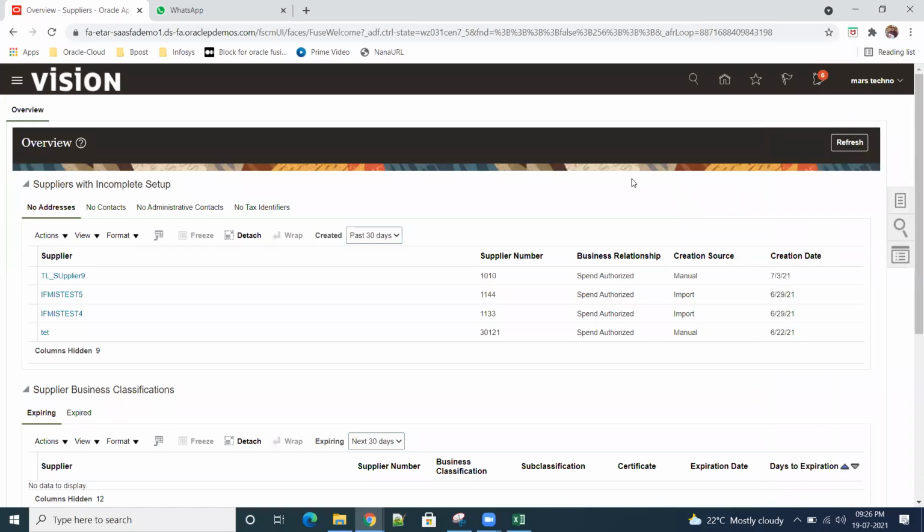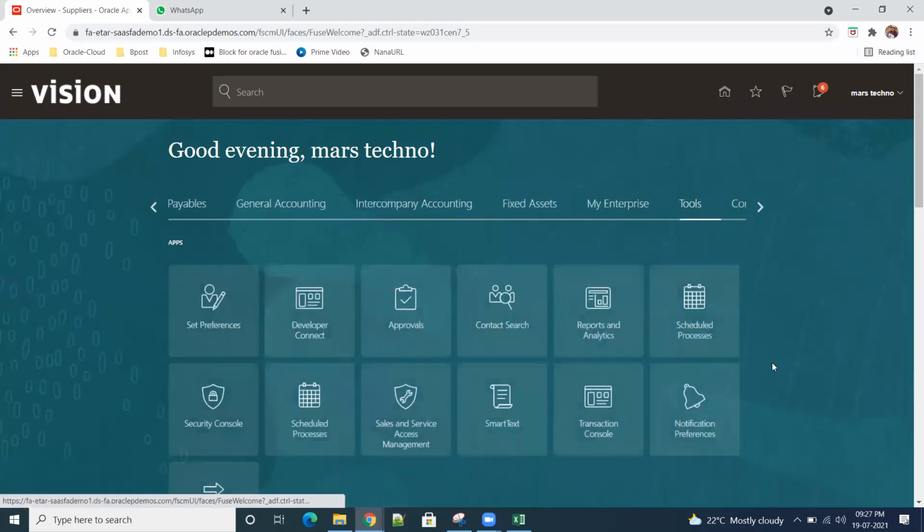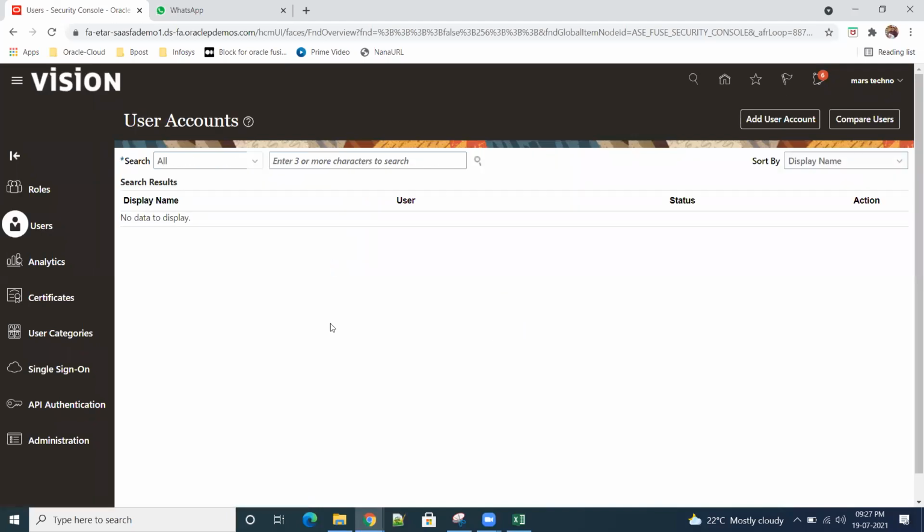Job roles also? Yes. When did you place? On Friday. Where did you place? In documents, procurement. I'm asking, in the Google Drive, did you place, or where? One minute, I'm checking.